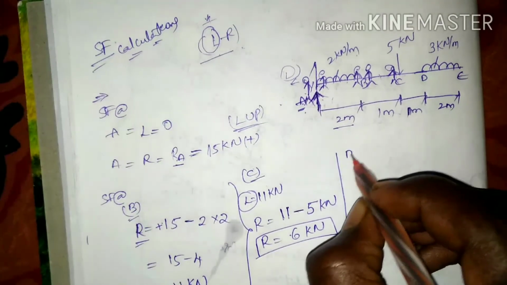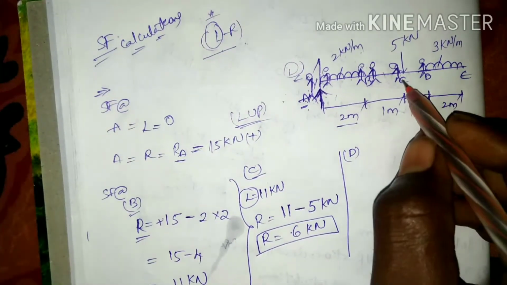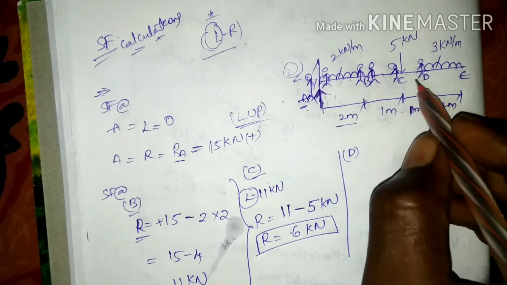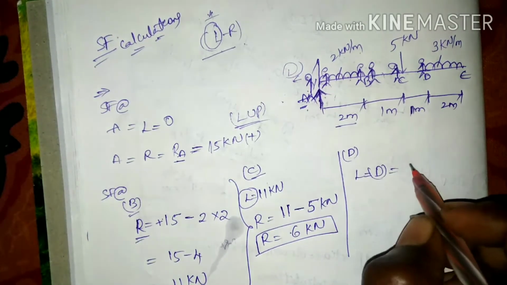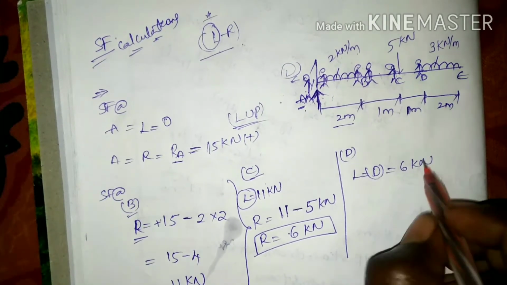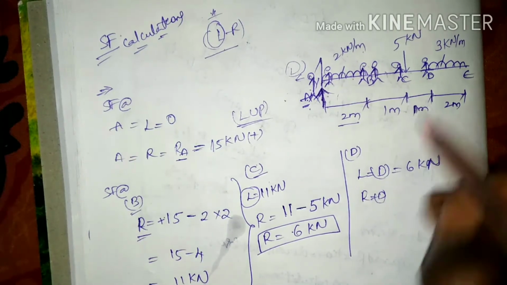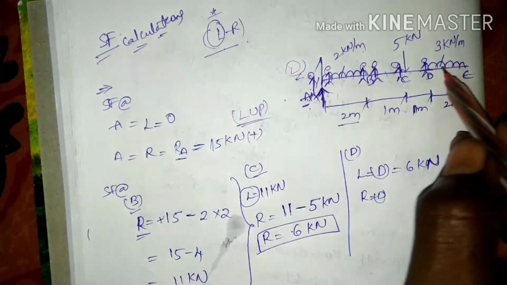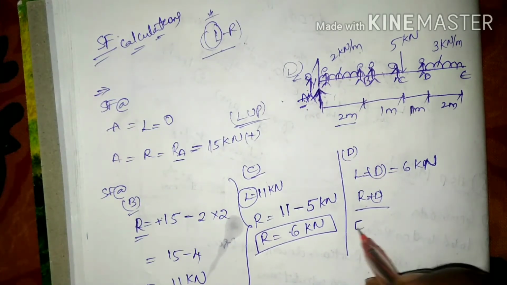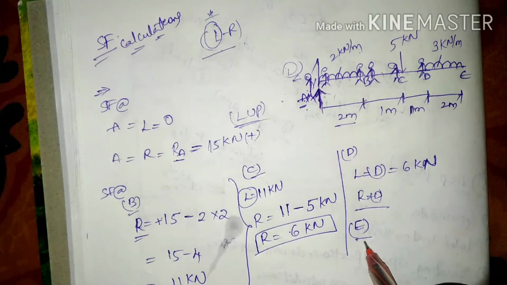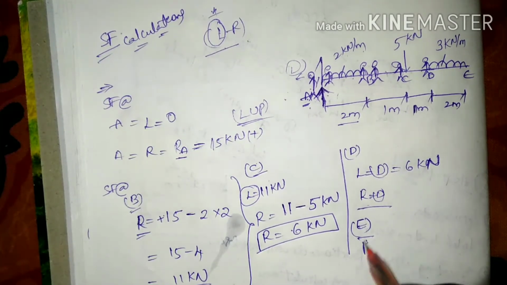And at D, from C to D there are no loads, so for the left of D we are going to remain with 6 kilonewtons, and thereafter for the right of D, it is going to decrease gradually because the UDL is going to act, so I am going to consider the E point directly. For the left it is a minute value, so I am going to take after the right of E,